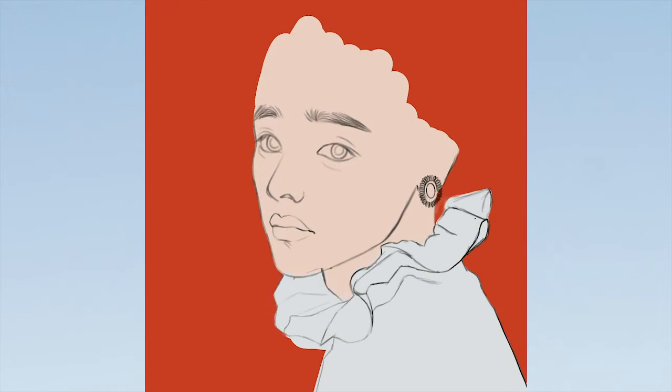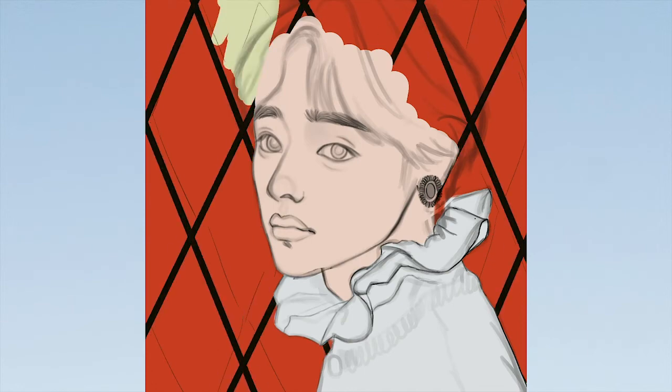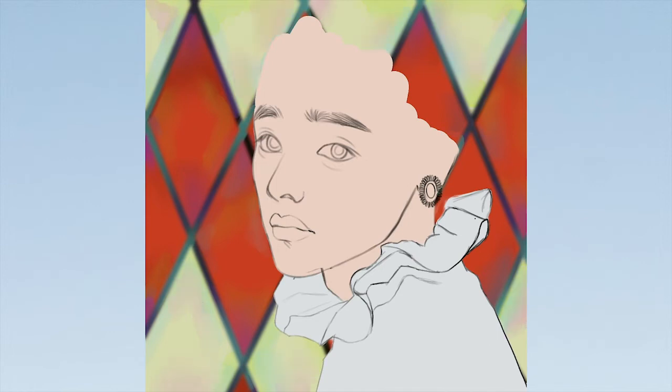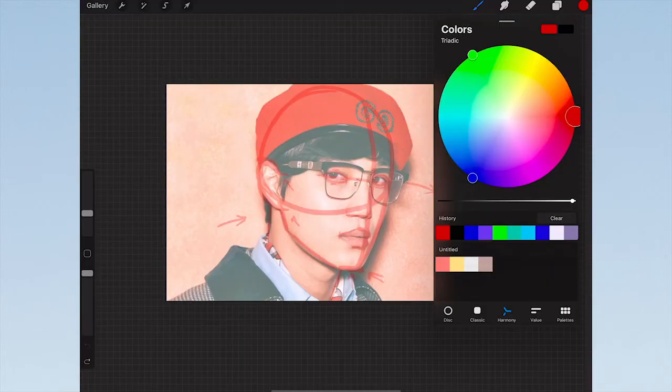Also, one of the things that I started doing this year is noticing that the colors that you see are more complex than you thought. I like to exaggerate some of the parts, but for example, the red background is not just red. I see some of the blues and yellows. So for example, in Procreate you can choose different types of color wheel. Try triadic